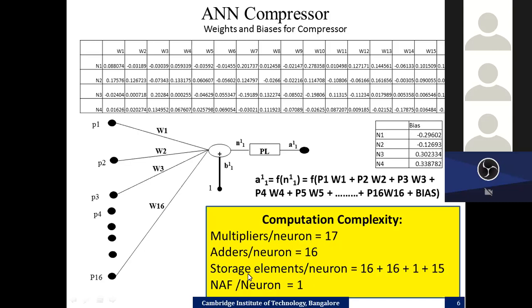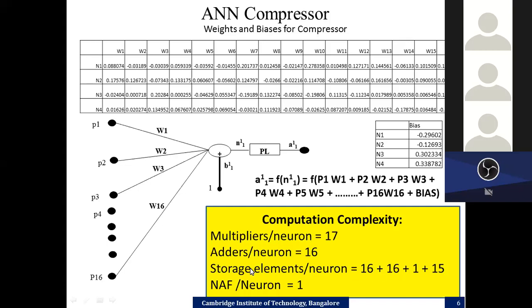Then the number of storage elements. There are 16 registers to store the inputs, 16 registers to store the weights, and after the multiplication is achieved, you have the partial products. There are 16 partial products. To add them, you need 3 stages. In the first stage, you'll have 8 adders. Second stage, 4 adders. Third stage, 2 adders. And the last stage, 1 adder. Because every time we can have only 2 operands. So you'll have almost 15 adders required to implement this cell body, this adder structure, and 1 adder for the bias.